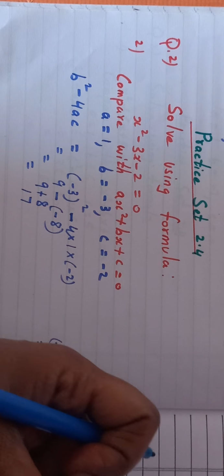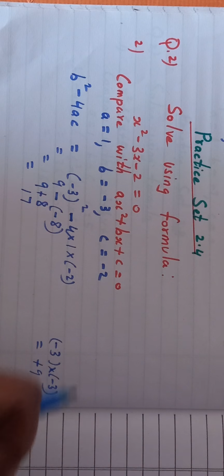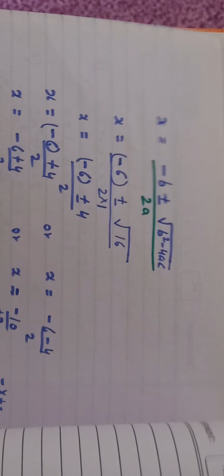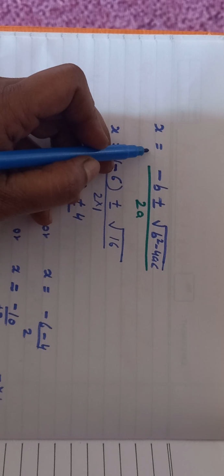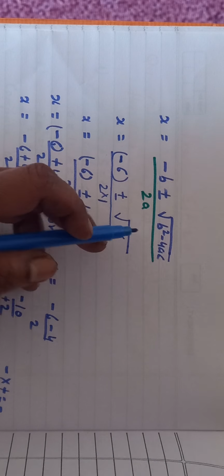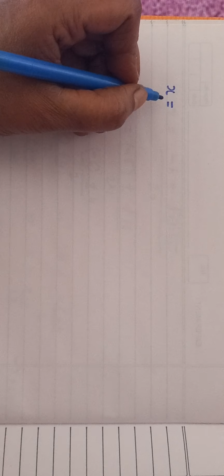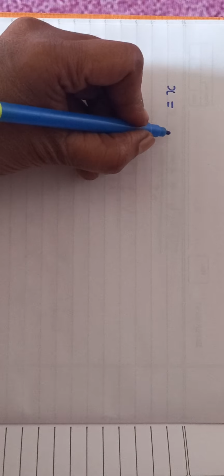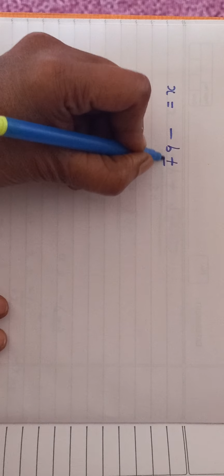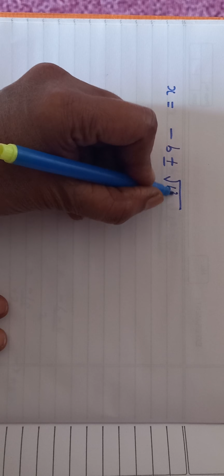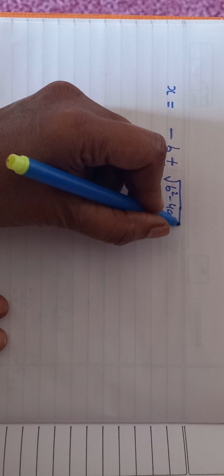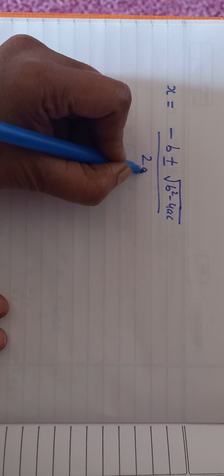Now what is the formula? By formula, we have already discussed. What formula has to be applied? X is equal to, see this for the first example when we were doing this formula. X is equal to minus b plus or minus square root of b square minus 4ac upon 2a. This formula we will apply. Here the variable is x, so we will write x. For the first also the variable was x only.